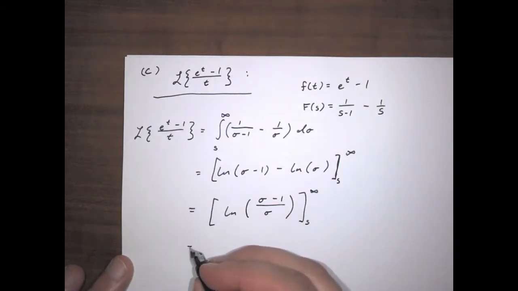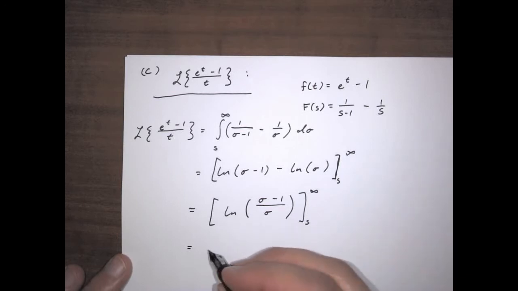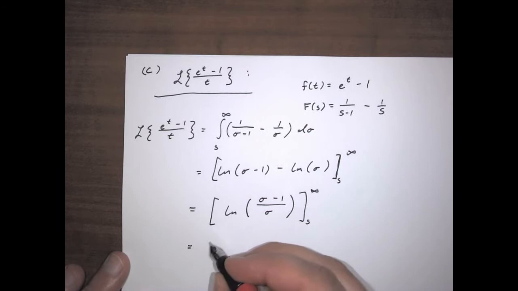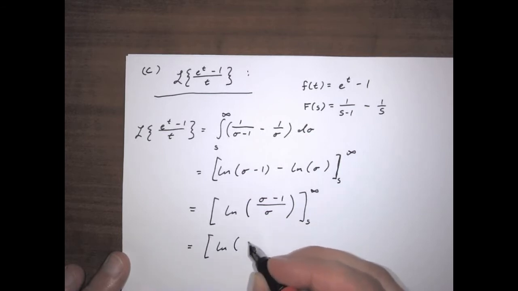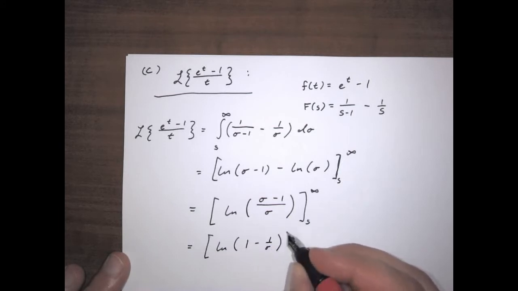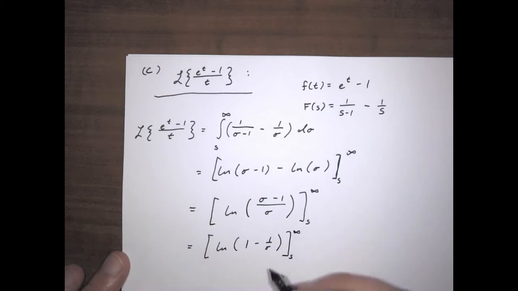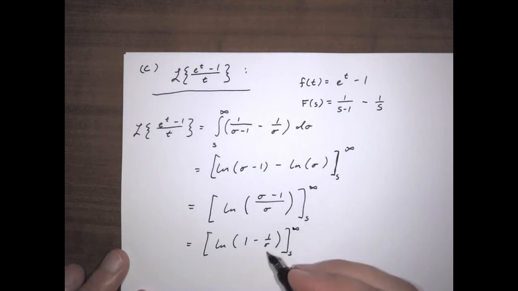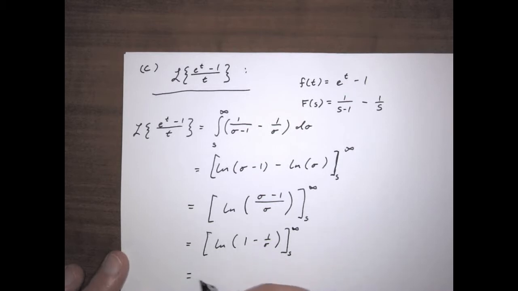But then we can distribute that sigma, as the natural log of 1 minus 1 over sigma, from s to infinity. And if we plug in infinity here, this will become 0. 1 minus 0 is 0. The natural log of that is equal to,